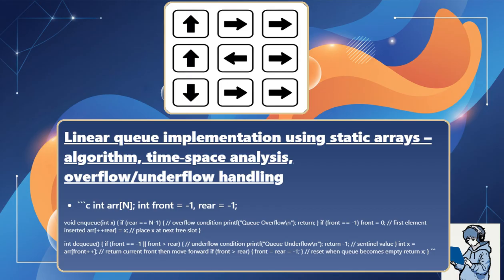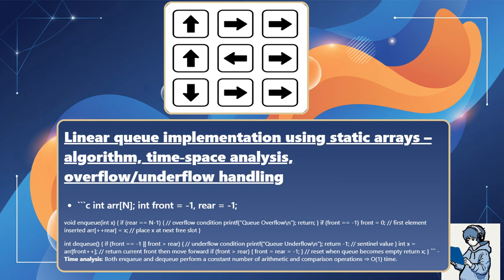int dq() { if (front == -1 || front > rear) { underflow condition: print "Q underflow\n"; return -1; // sentinel value } int x = q[front++]; // return current front, then move forward if (front > rear) { front = rear = -1; // reset when Q becomes empty } return x; }